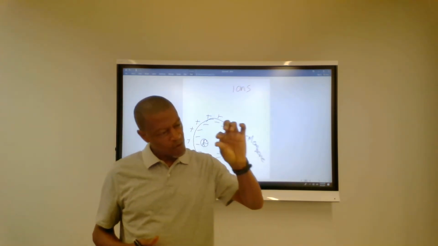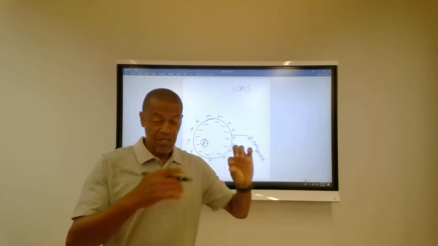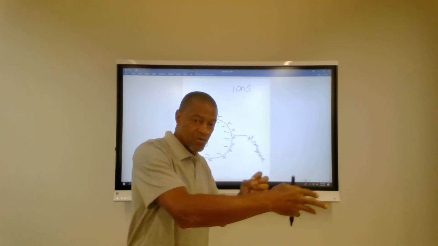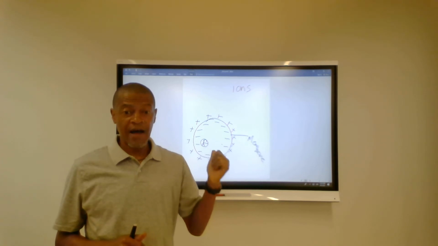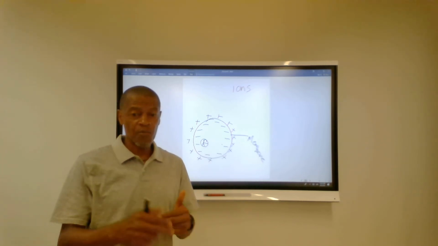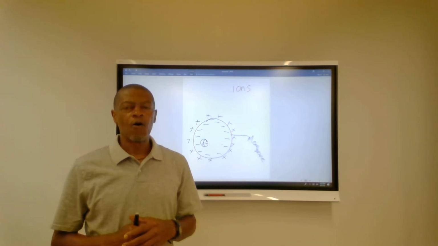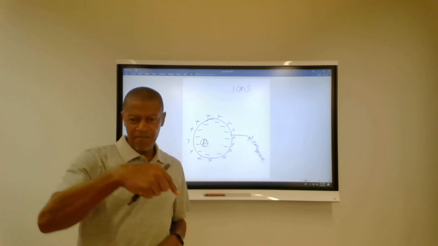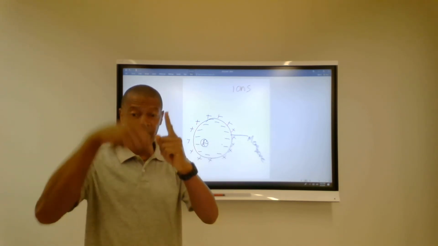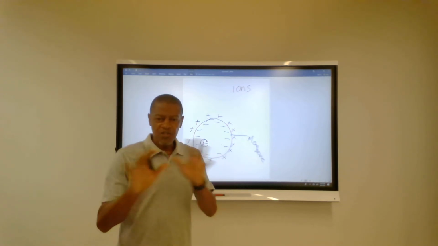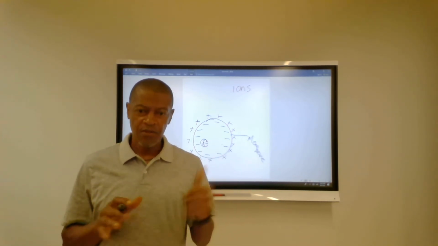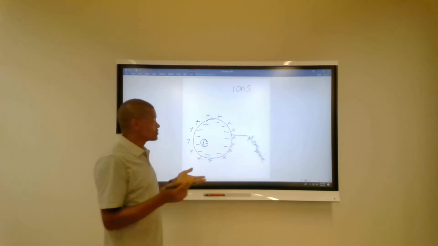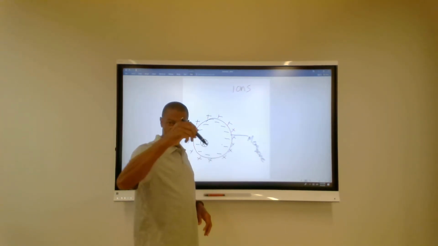Until electricity flows down that axon to get to the end of it, to talk to the presynaptic terminal to release the chemicals, you're not going to have any activity. So the ions and how they flow in and out of the cell become very critical. On that lipid bilayer, there are some places that chemicals can flow in and also flow out. So when there's nothing going on at rest, this membrane has a potential called resting membrane potential. If you actually took an electrode and stuck it in there,